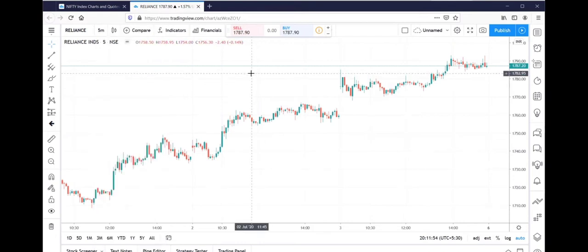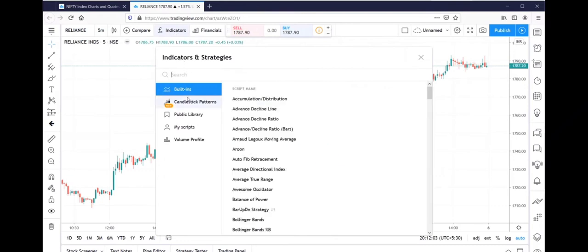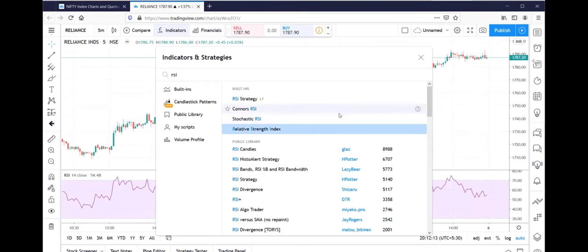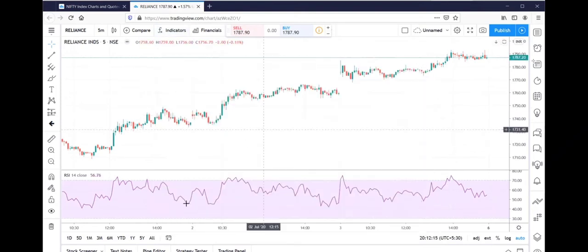So all that you can do here, and you can even have indicators on it. Now you would see indicators here. So if you click here, you can add the indicator. Simply search for the indicator. Let's say you wanted to put RSI here, type RSI and click on RSI. Now that would get added on the chart,